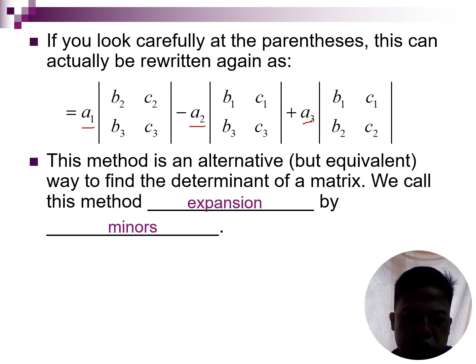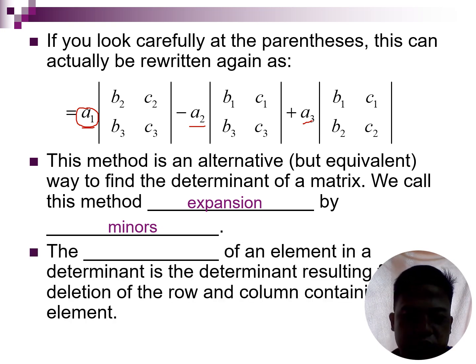Of course, this is called the method of expansion because we are trying to divide the 3 by 3 matrix into different ones. And there are many ways of determining a determinant. So this is the method of expansion by minors. We are trying to determine what our minors will be. That is why it's called the minors.